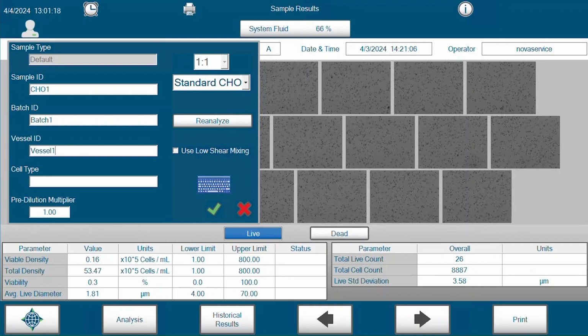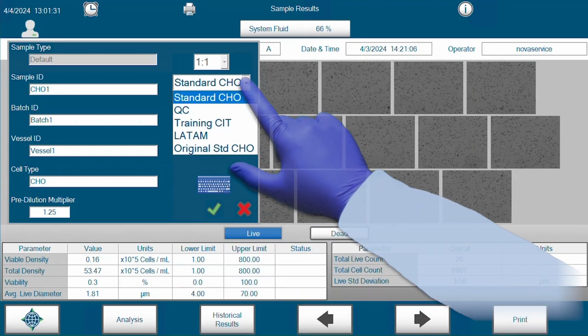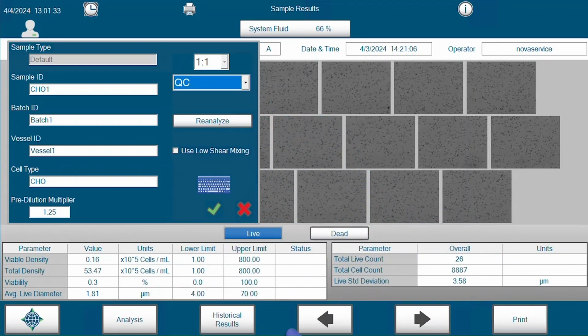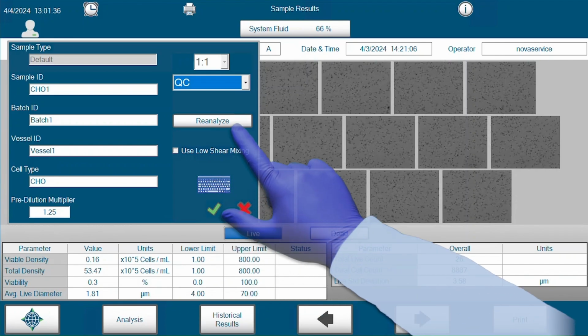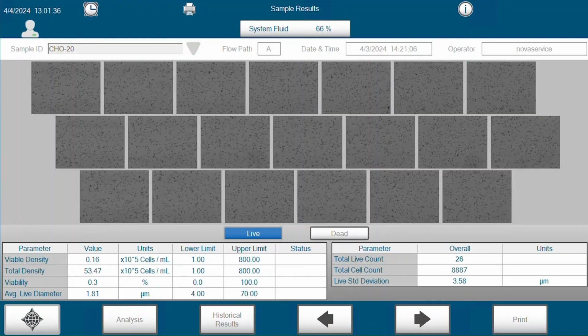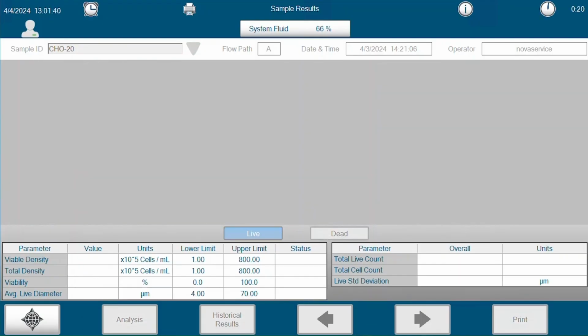You can also change the pre-dilution multiplier or cell inspection type that the sample was originally analyzed with. Enter your desired pre-dilution multiplier and click on the Cell Inspection Type drop-down to choose the cell inspection type you wish to reanalyze the sample result with. Then select the Reanalyze button or the green check mark. The sample information for this sample will then be updated, and the calculated sample results will be recalculated based on